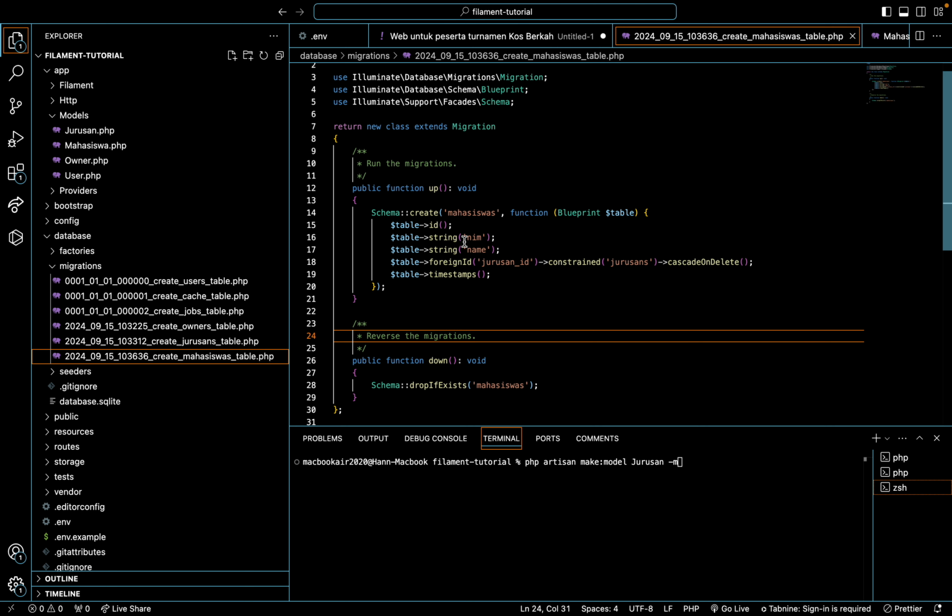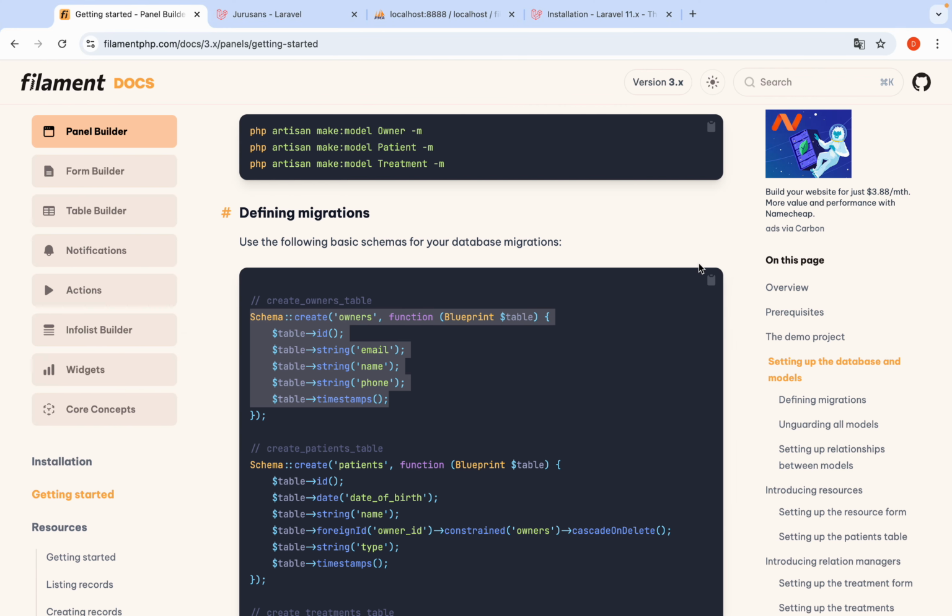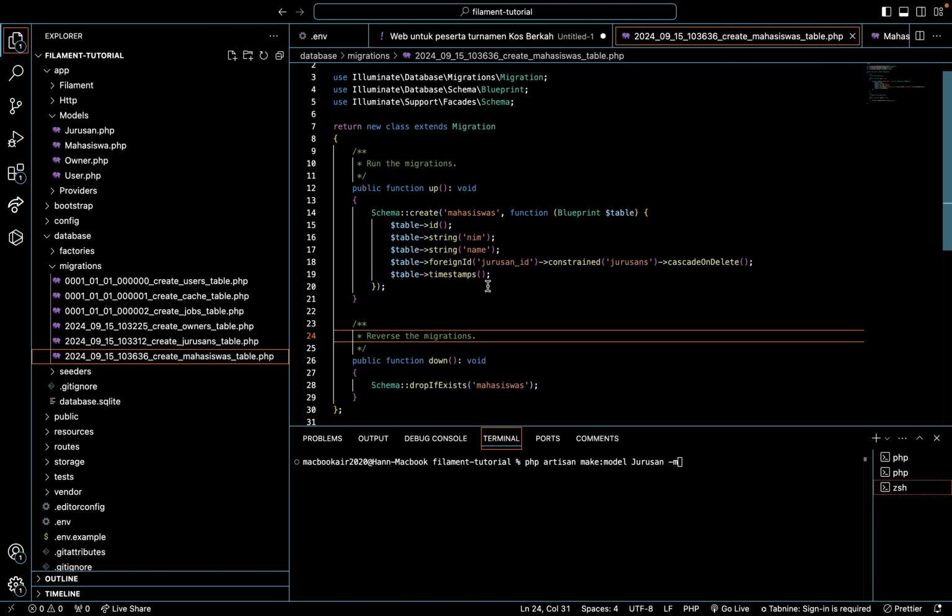The first is for name, the second is for name, and the last is for the jurusan ID, but using the table foreign, not string, and then constrained to jurusans, cascade on delete. Okay, we only make two tables.